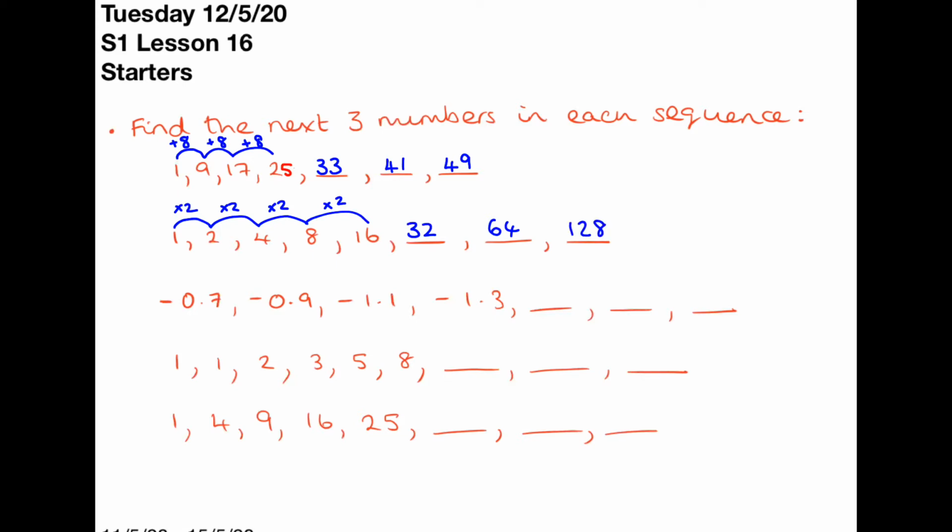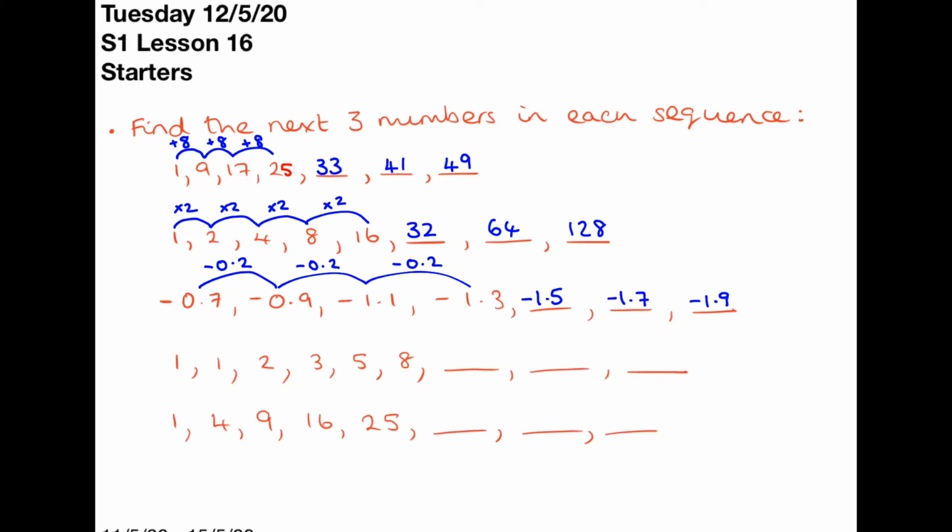Right, the next one. We're going down this time, and let's see what we're going down by. So we're going from negative 0.7 to negative 0.9, so we've gone down by 0.2. Let's see if that's happened again. So negative 0.9, to negative 1.1. Again, we've gone down by 0.2, and again, we go down by 0.2 to get to negative 1.3. So we're going to keep going down by 0.2, or subtracting 0.2, so that gives us negative 1.5, negative 1.7,